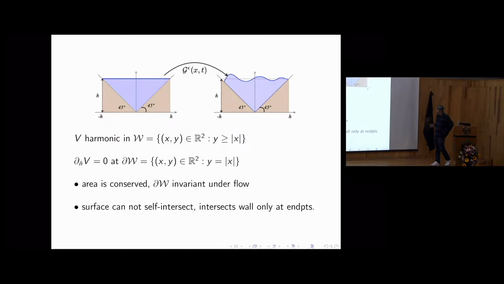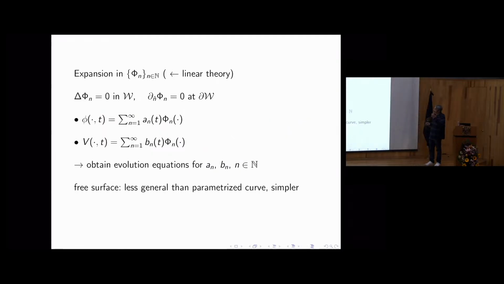And also, this surface, this all follows by basic existence theory of ODEs. So, and then the surface and the fact that we have the gradient of the harmonic function. But we also have that the surface cannot intersect and self-intersect and only intersects the wall at the endpoint. So it's of course a more complicated and not explicit description, but in the end, what I can do is,